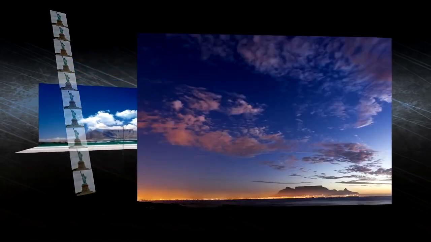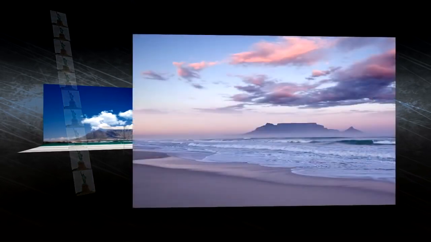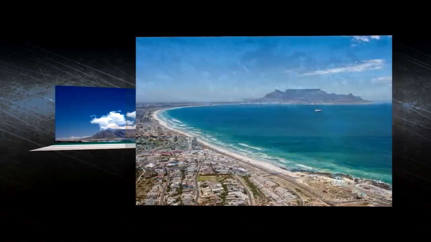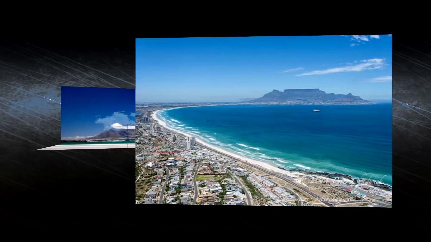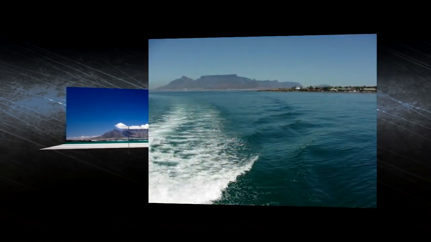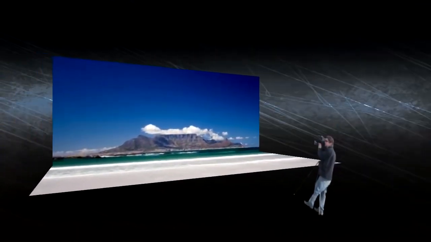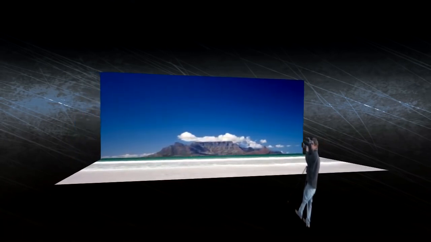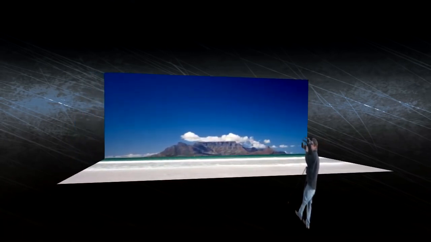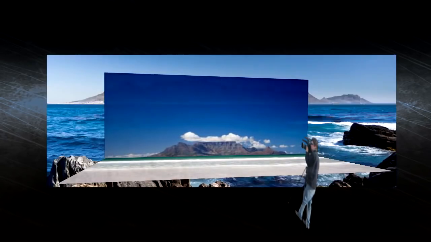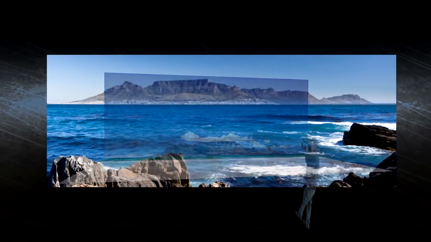See, if the mountain was falling over, you'd see the bottom of the clouds amongst Table Mountain. But no matter how far away from this mountain you position yourself, Table Mountain never falls over. So Table Mountain can be observed 200 kilometers out to sea, and it will be upright. So how come no one's ever taken a photograph of the top of Table Mountain sticking up above the ocean? Because the ocean is flat.